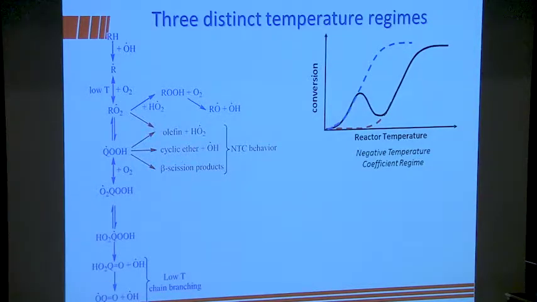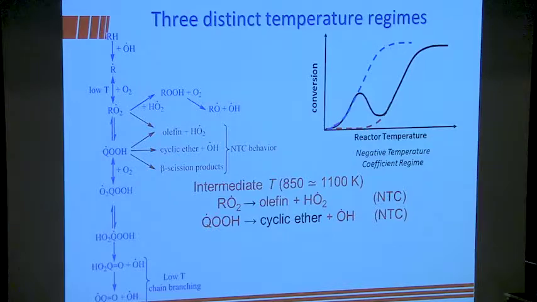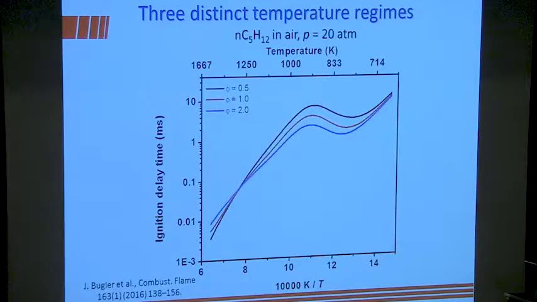And then at higher temperatures, again, at intermediate temperatures, you have RO2 giving us olefin plus HO2 is important, and the hydroperoxy alkyl radical giving us cyclic ether plus OH is important, right? And again, we're getting one radical from one radical, not branching, therefore it's less reactive. Okay, so if we look at this profile, I think on day 2, on Tuesday, I showed you